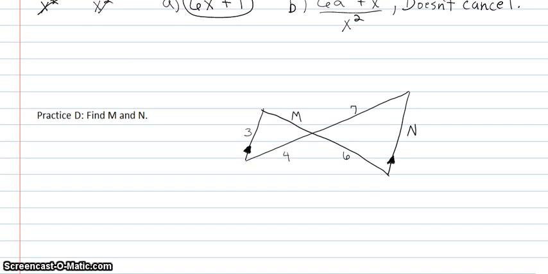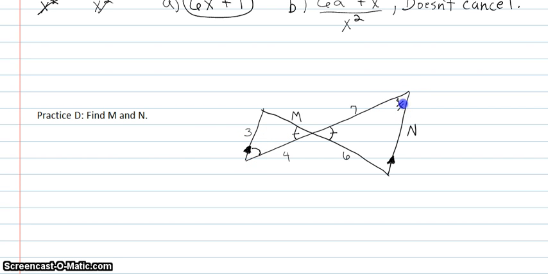Alright, now our last example, they did not have an example of parallel lines with the triangles, so what I did was use the practice D, where we're just finding the M and the N. And what you want to think about is what angles are the same. I know that these two angles are the same because they're vertical angles,